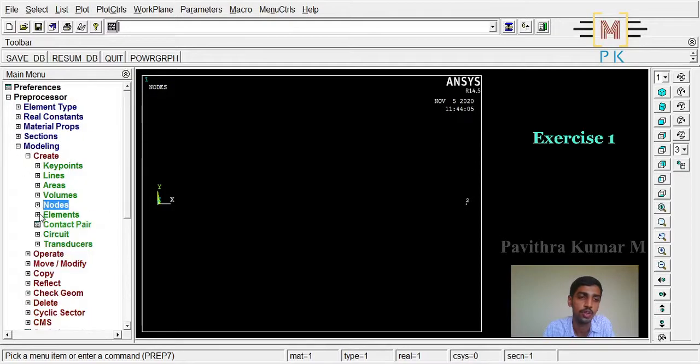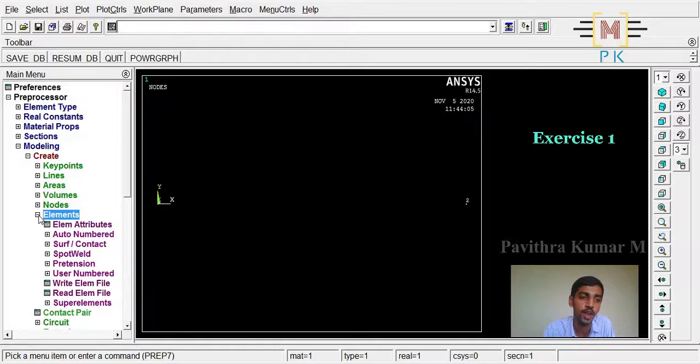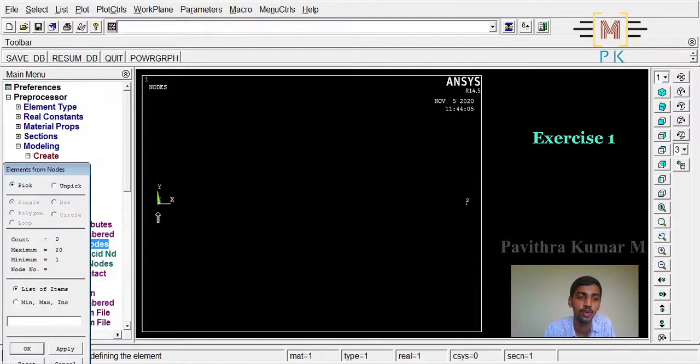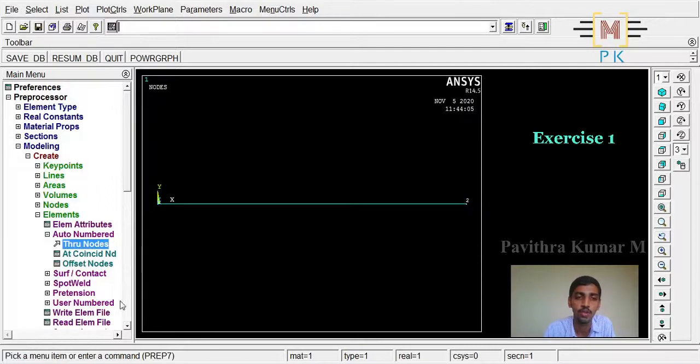Now we will proceed towards the creation of the element through node 1 and 2. So click on elements, again click on auto numbered, again click on through nodes. Now you can select node 1, and again select node 2 using the mouse only, then click on OK. Now we can say the element 1 is created through the two nodes 1 and 2.